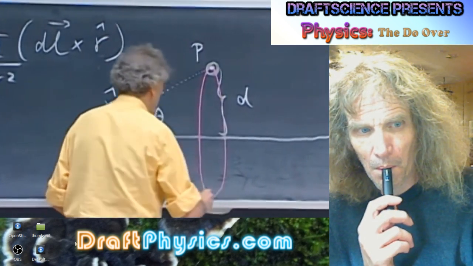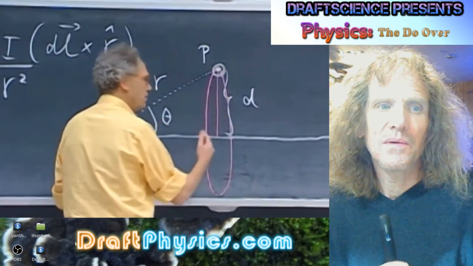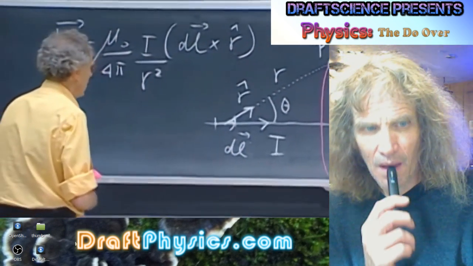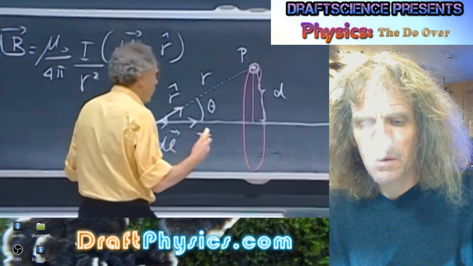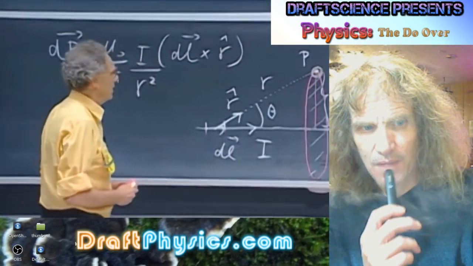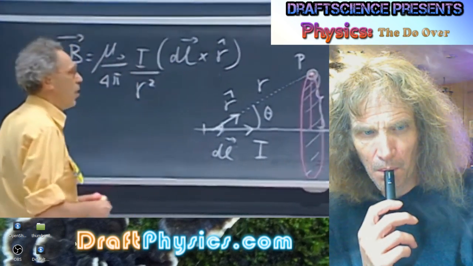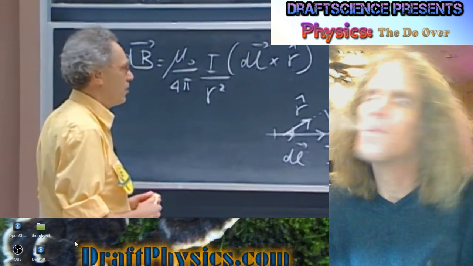In which case you would construct a closed loop with radius d. This loop is perpendicular to the blackboard. Try to make you see it three-dimensionally. You have to attach an open surface to that closed loop. Any open surface will do. Let's make the open surface flat. And then we apply Ampere's law, which is the one at the bottom there. We don't have the second portion because there is no changing electric flux.